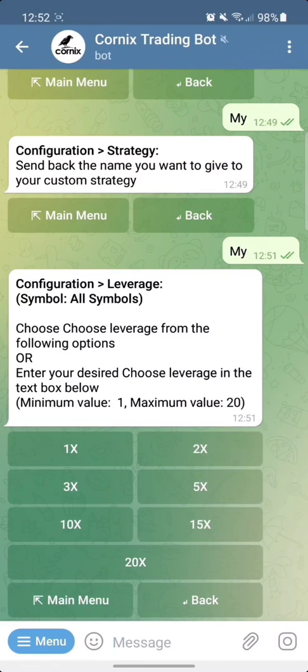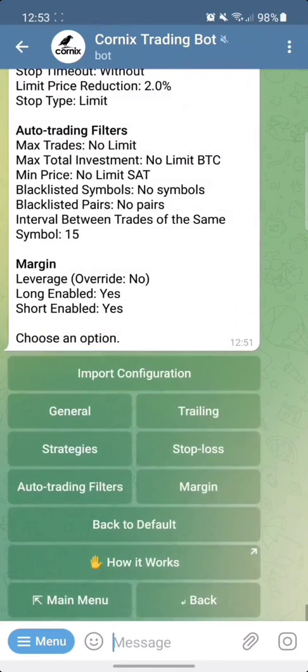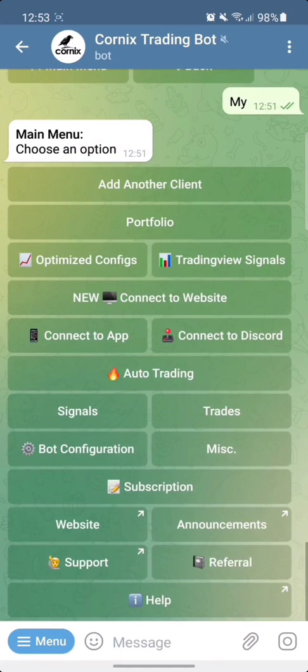If you don't provide any, then it will follow the trade leverage which is given in the channel. Let's for now click on 10x, and I have chosen cross because I feel cross is more safe whenever we are not on the screen. So let's go back. Now we have set the margin too.